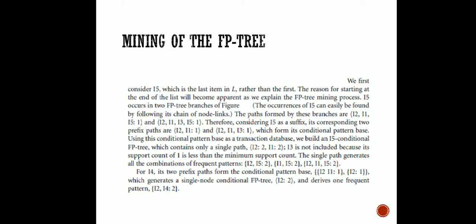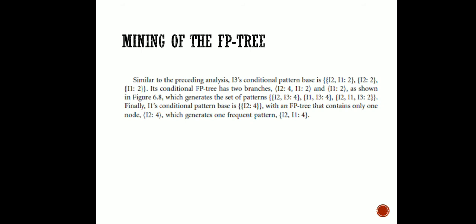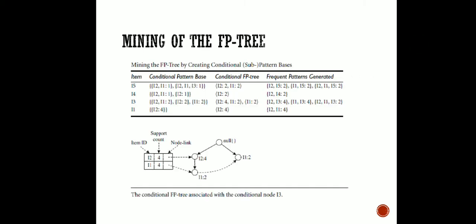I have generated the path. Now if you combine among themselves, you are going to get the different combinations. Similarly, just follow the diagram and do the same thing for I4 as well. Next, here we have seen how I3 has been generated and the others. So let us now see the total of whatever is being generated.